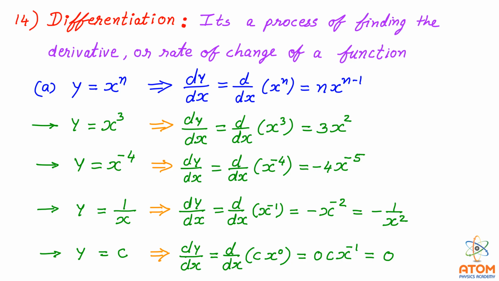Now again here we will apply the equation power into multiplication, power minus 1. So the power is 0. So 0 into multiplication, then power minus 1, that is x raised to minus 1. And c remains there as it is. But the whole answer will become 0. So you should remember always that for any constant, the differentiation is always 0. Here we have taken c. Let us say if I take here pi, or if I take here 10,000, or if I take here 1 million, the differentiation of that constant will be 0.